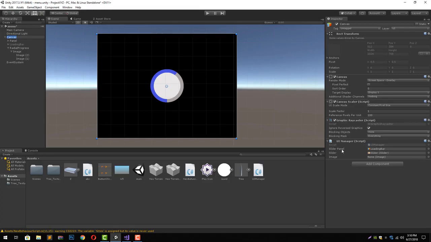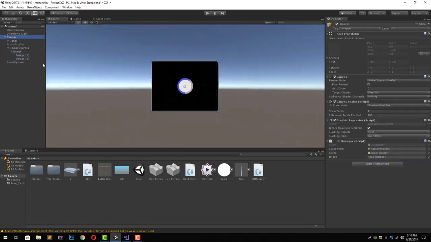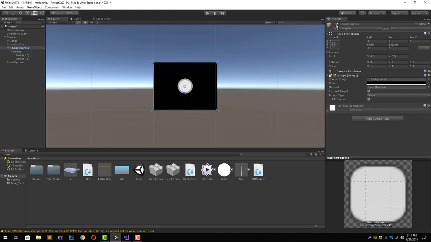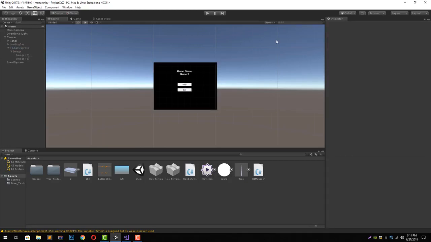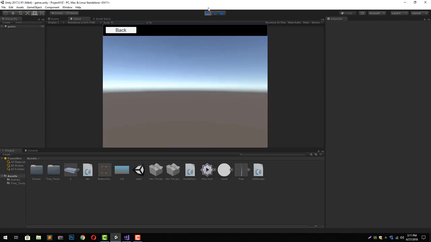Now inside our canvas, the UI manager has a new slot, and let's change the panel to the radial progress and change the image component with the slider image that has the fill amount. Now just uncheck this checkbox, hit save, and let's play our scene. As soon as I click play, it will show our progress